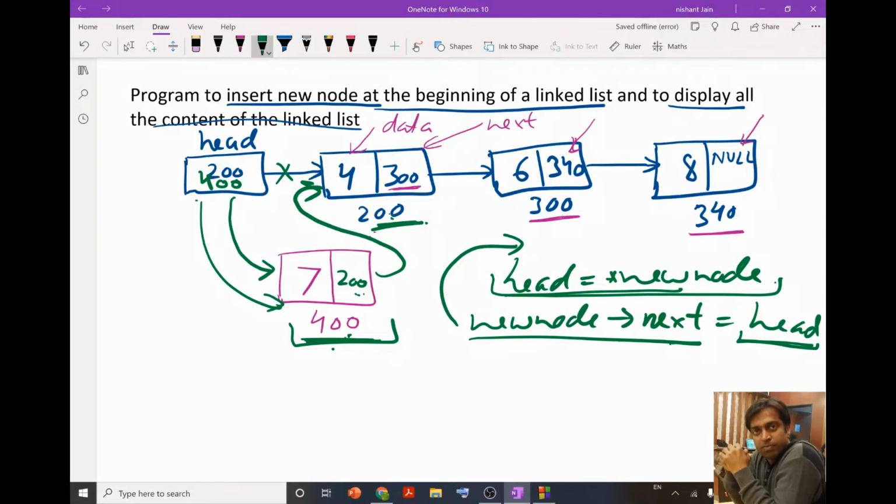Then over here I would get 400, but here I need not 400 but 200. So I have to execute this line before the update of the head. In this way I can insert any number of nodes at the beginning of my linked list.